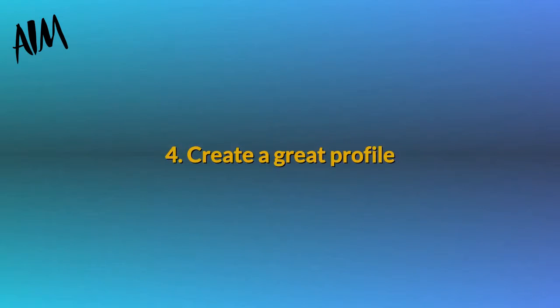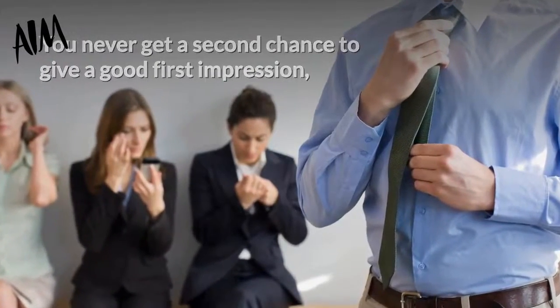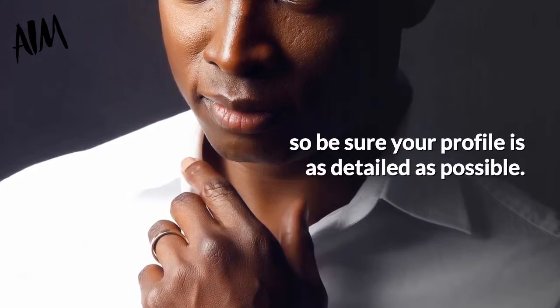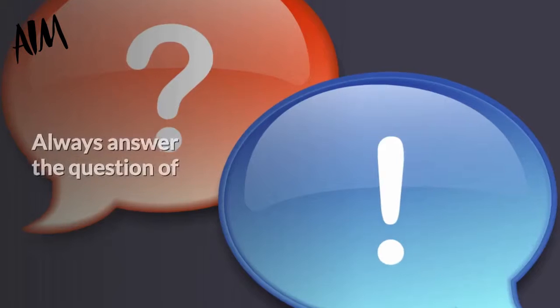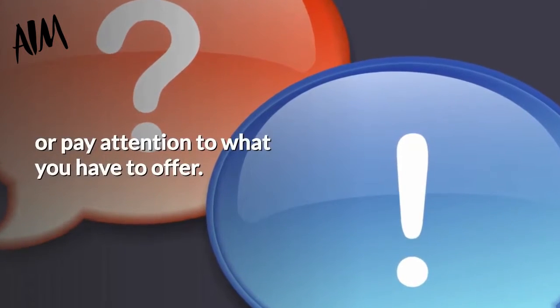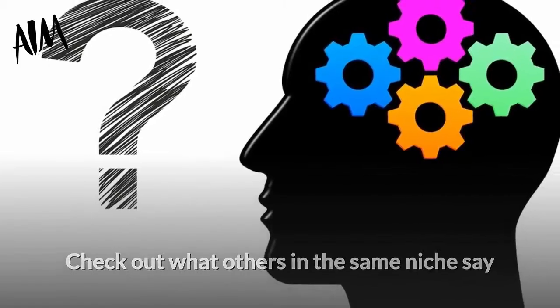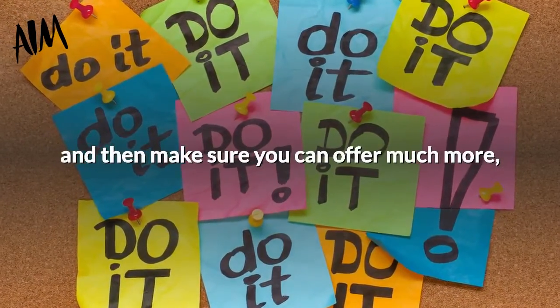Create a great profile. You never get a second chance to give a good first impression, so be sure your profile is as detailed as possible. Always answer the question of why people should do business with you or pay attention to what you have to offer. Check out what others in the same niche say, and then make sure you can offer much more